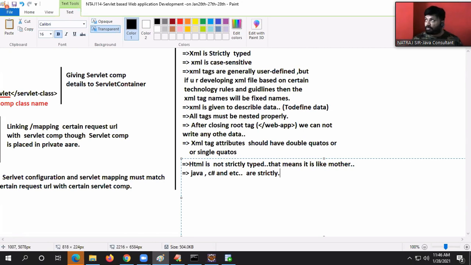You write wrong attributes or a wrong tag, it will ignore that and go for the next tag. But when it comes to Java, JavaScript, whatever it is, they are strictly typed. Strictly typed means should be there means should be there. Not there means they will reject the file.